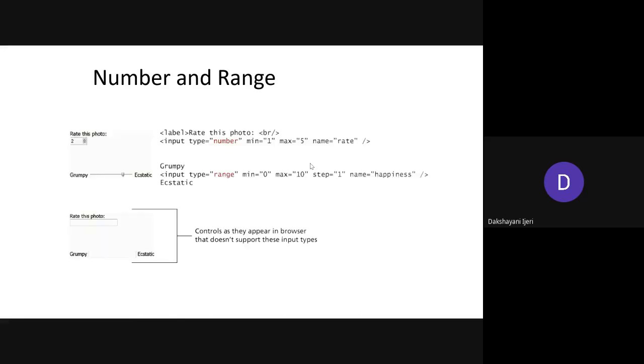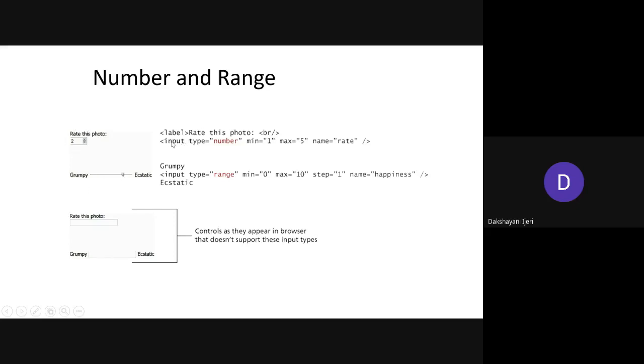For example, this one. You might have given this kind of input at several websites. Whenever you are asked to give ratings, instead of typing the number, you can give a range where they can select from the lower to the upper boundary, right? As shown in this figure, you can see up and down arrows, which are for increasing and decreasing the numeric value. Both number and range take the input in terms of the number itself, the integer value. How to create this kind of input, we'll see here.